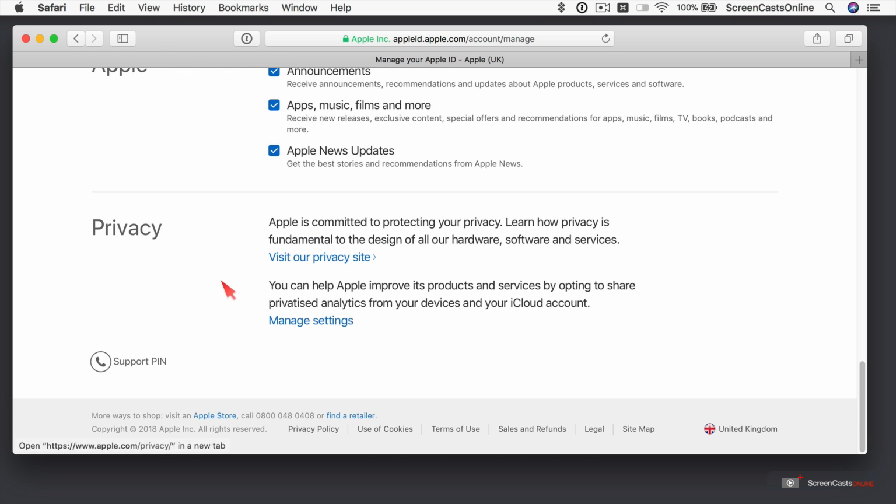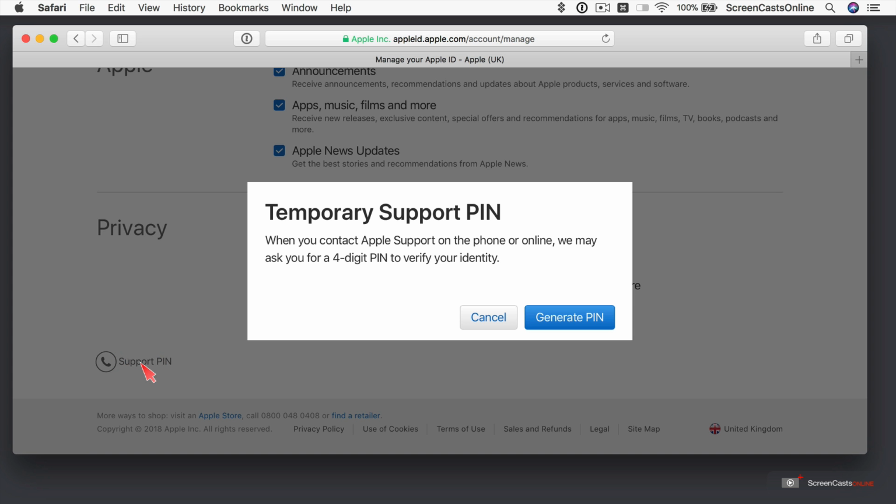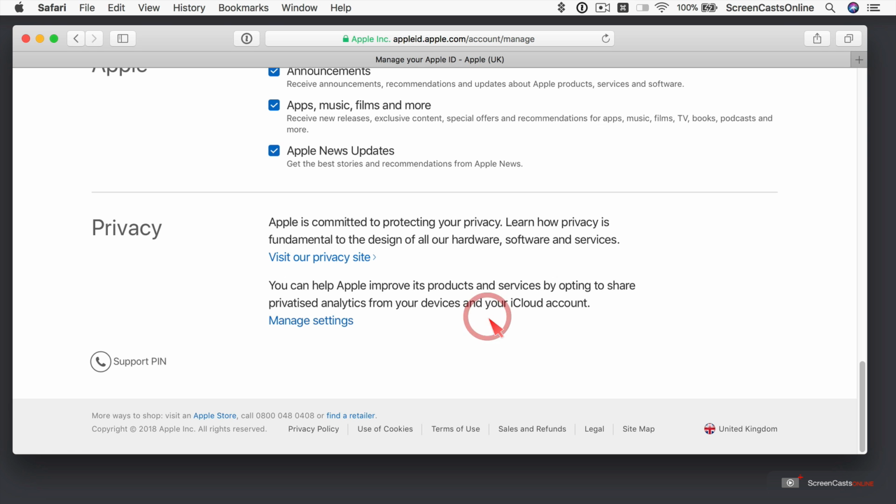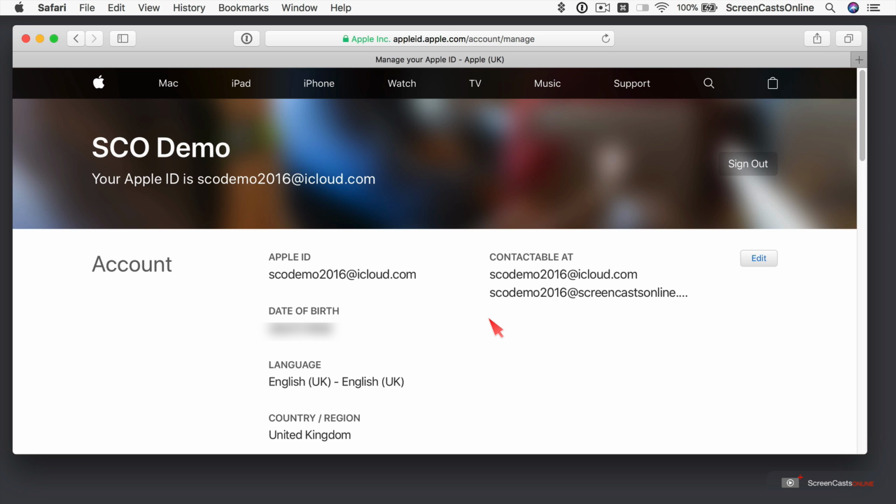Then down at the bottom, there is an option here for a support PIN. If you do contact Apple support, they may ask you for a 4-digit PIN. This is the place you would go to generate that PIN, but I'm going to say cancel to that for now. And then back up to the top. So very, very important that you look after your Apple ID, and this is where you can manage it over at